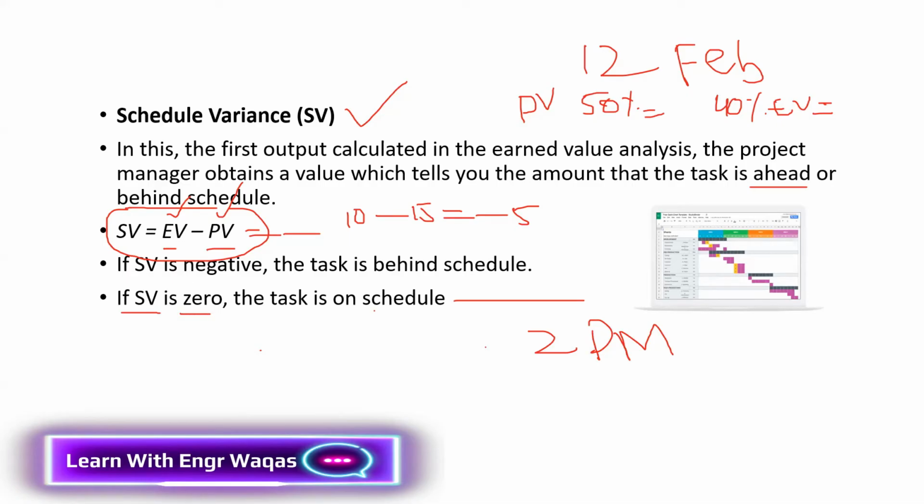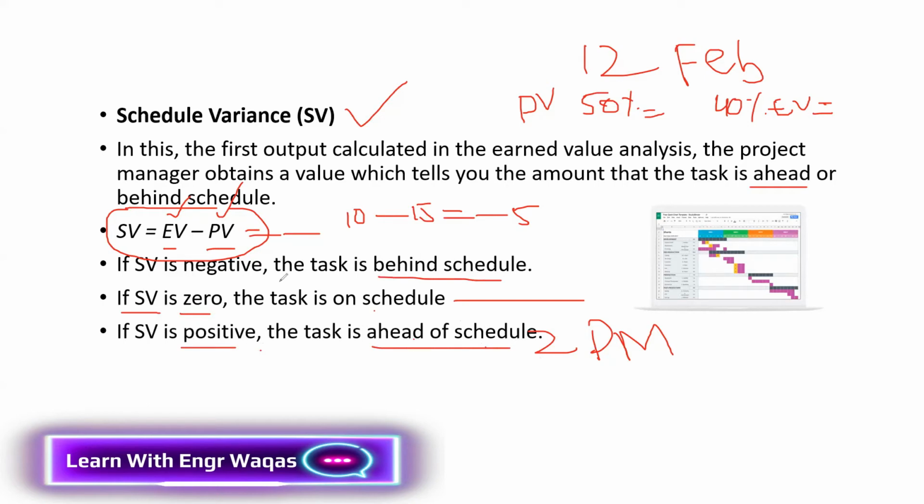So either there is a negative value or there is a positive value. So you have to understand the trends. If there is a negative value, it means behind schedule; ahead of schedule if there is a positive value. So the schedule variance equation is important: earned value minus planned value. When it is going to be negative, what is the trend? And when it is going to be positive, what is the trend? You have to memorize it. It's a very simple thing, not a big deal. So next thing,